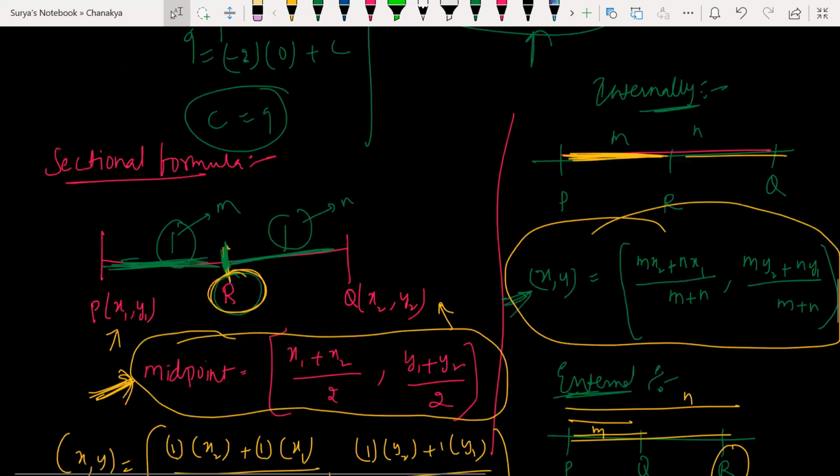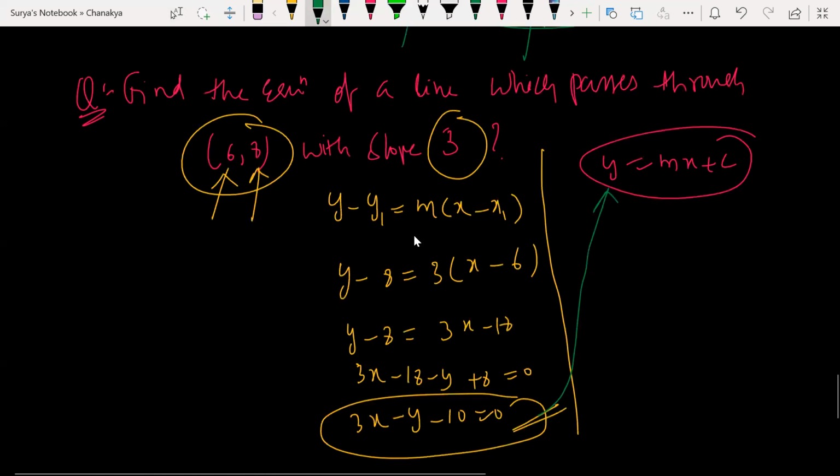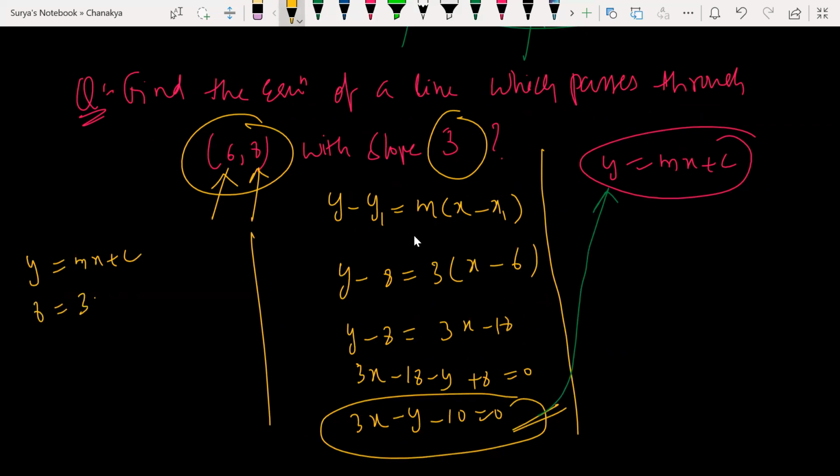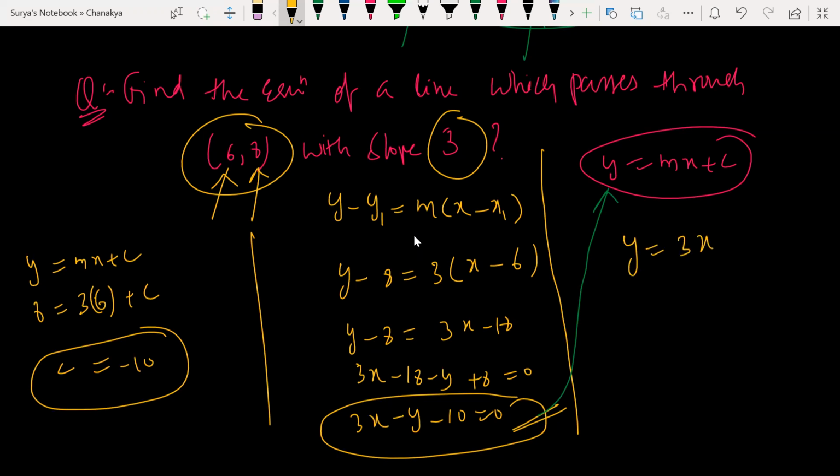Yeah, I understood your question. Look at this here. In the previous question, sir, you used y is equal to mx plus c, and you just substituted the values. What is y here? 8. M is what? 3. X is what? 6 plus c. What is c here? c क्या है बेटा बताओ? -10. ठीक है, अभी इसमें सब्स्टिट्यूट करो. y क्या है इधर? Let it be y as it is. m क्या है? 3x -10.